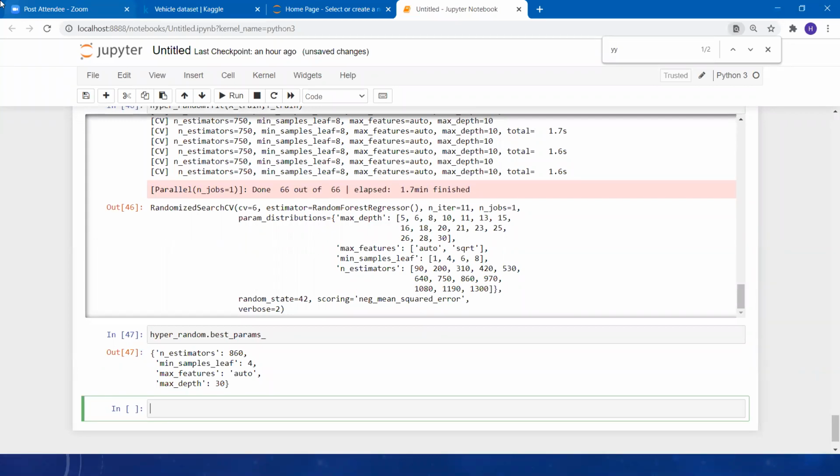Now let's see what will happen if we try to make some predictions. Hyper random dot predict. Let's give our test data again.